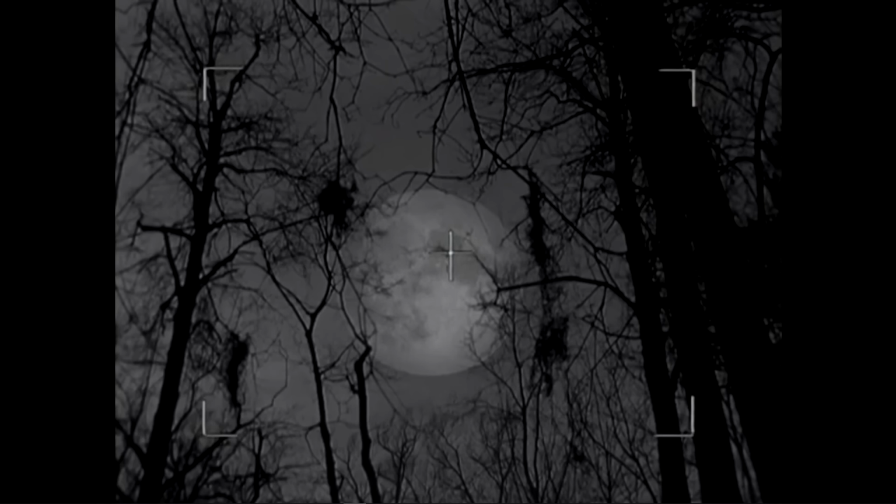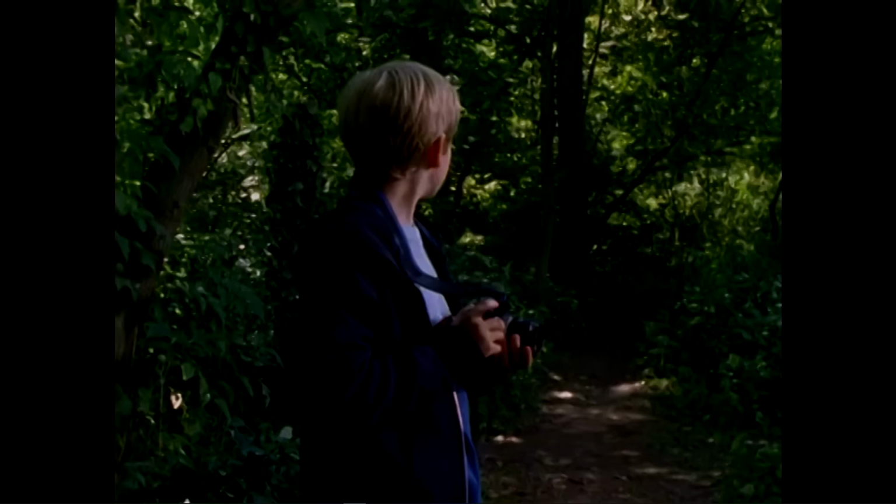Yes, that is when the monsters come out, Alex. Alex decides to take a quick picture of the moon, but when he turns around, Hannah is gone, and he doesn't know where he is. He tries to follow a trail and hopes that it brings him back home, until he ends up at a split road. And as he tries to remember which way he came from, something peeks at him from the bushes, until...